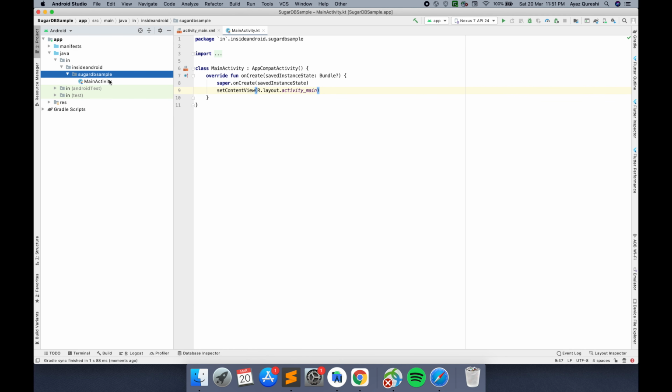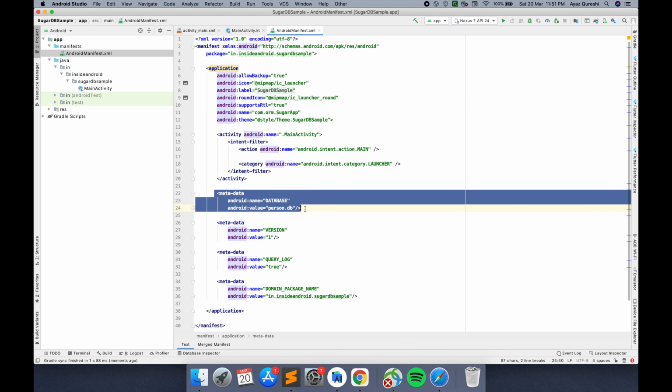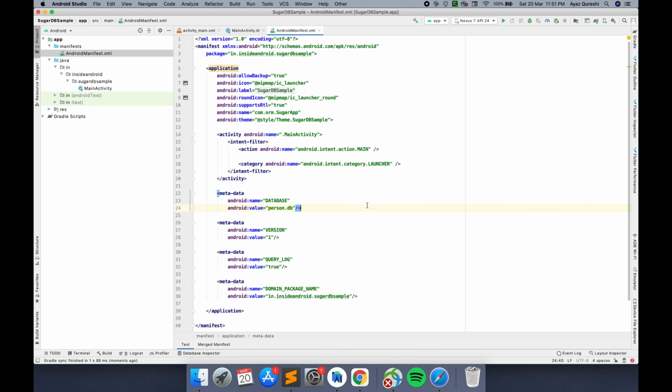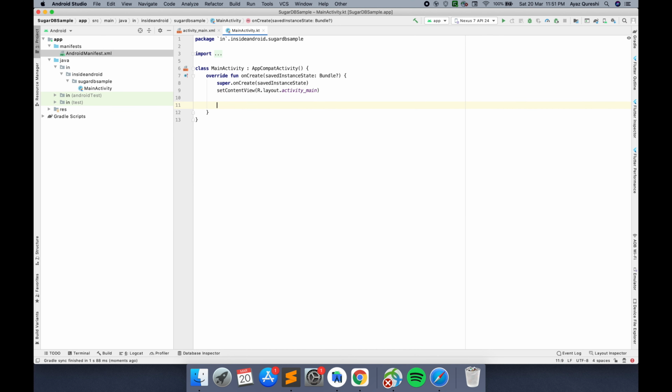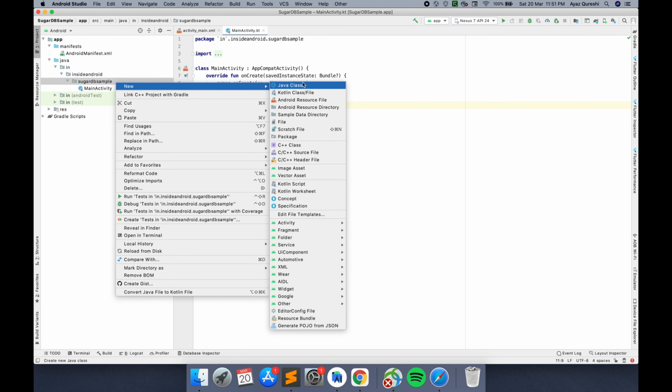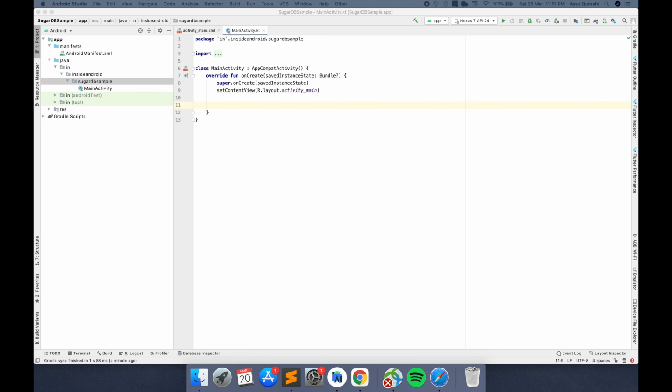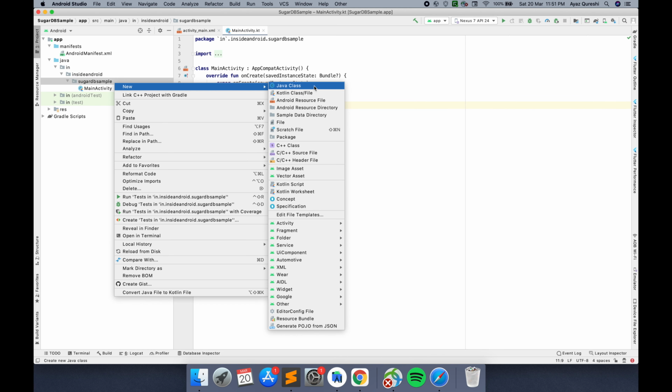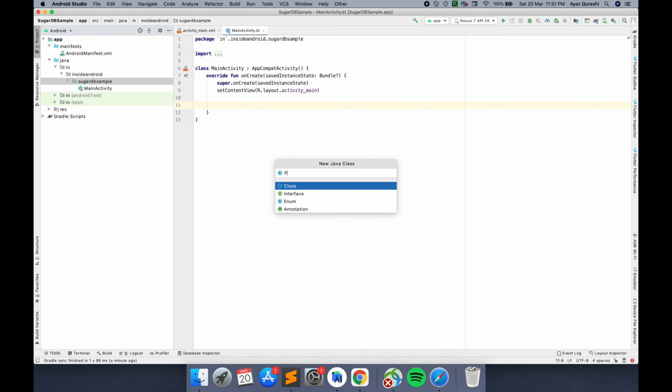Okay, second thing, now let me show you how you can create a particular table of this database. So this is my database which is created, person.db, and in person.db I want to create a class named person which will be a table, and we will store name and age of person in this db. So let me just create a model here. I'm going to create the model of that particular person in Java language. So I'll create a Java file,